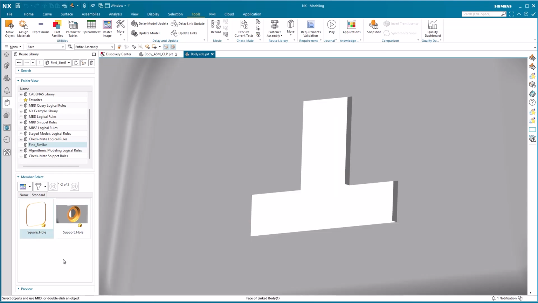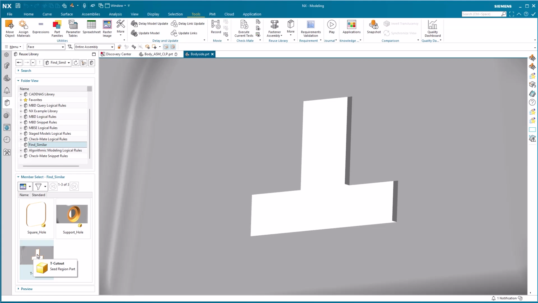Now, for the shape region to be visible in the member area of the library, you might have to refresh the library. Simply hover the library where you created the shape region, right mouse button click and select refresh. With the just created standard T cutout region, we can now start using the shape region. And more importantly, we can distribute it to others and help the organization save time.